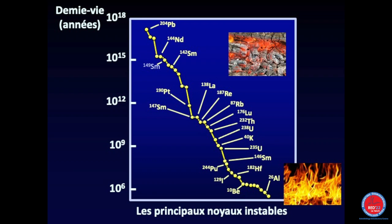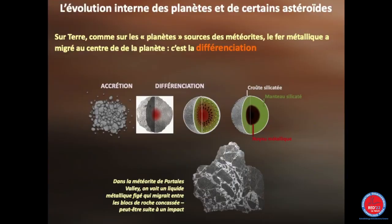It's like you've had a very bright fire, and then you've got the embers that are still going, and this is the situation with the Earth, where there's still heat being produced in the center of the Earth. So there are two kinds of bodies, those that come from planets which have melted, just like the Earth, and because those planets can be broken, you can get